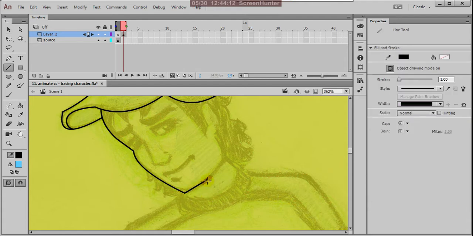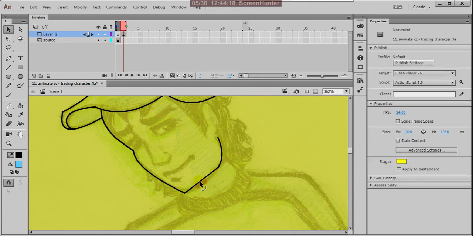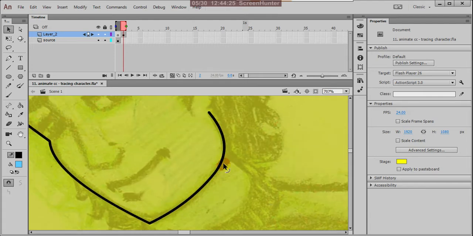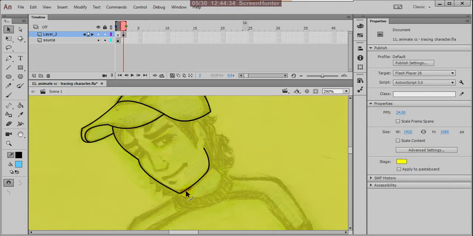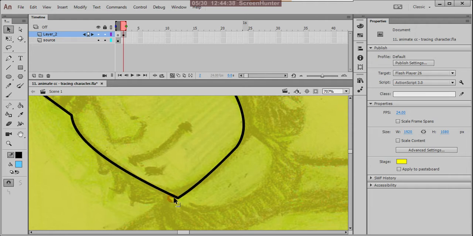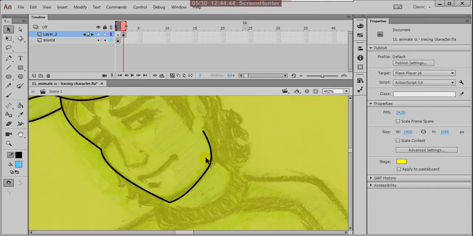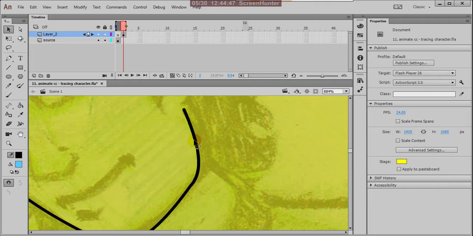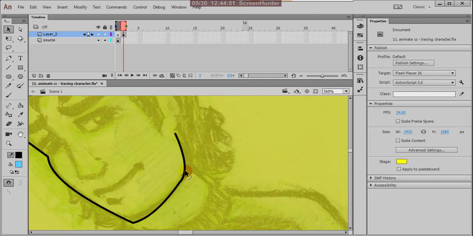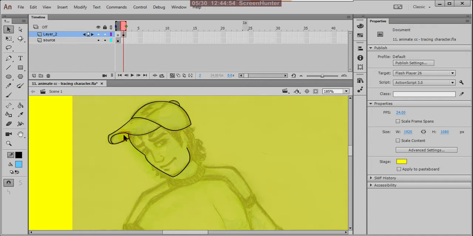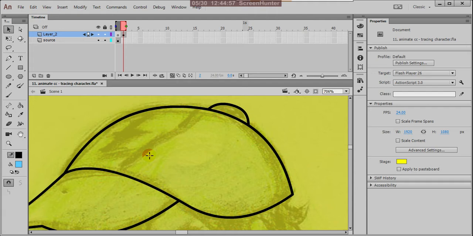And again N. Okay. Now I add all these details.